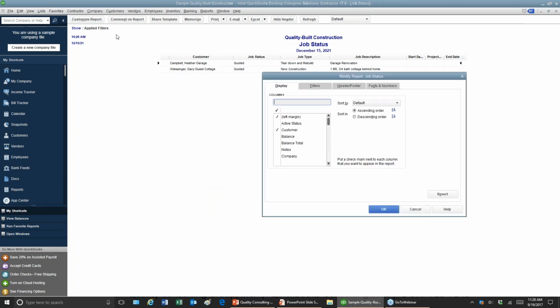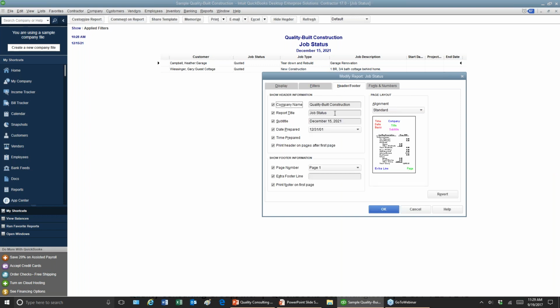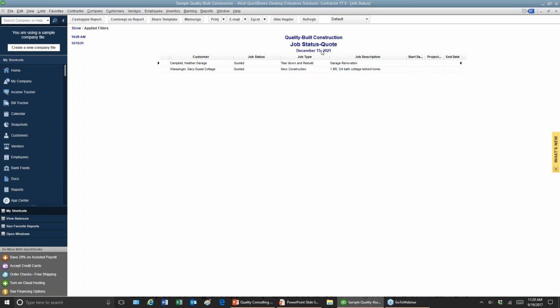And once you've done that, what I usually recommend, if that's something that you're going to pull quite frequently, is when you go and modify this report, you can say that this is just the quoted job status, and you can see that it changes it, and then you can memorize all of these reports. So you can have your invoiced in full report, you can have your quoted report, you can have the closed report, whatever your job statuses are.